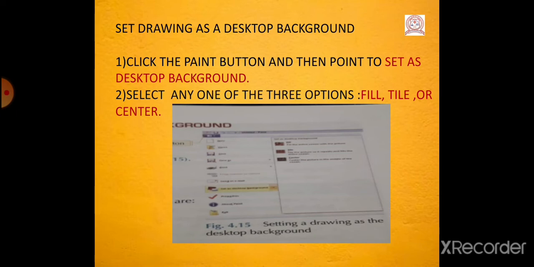First select the Paint button and then set as desktop background, the yellow color which is shown. Set any one of the three options: fill, tile or center. Okay, so it will be selected.